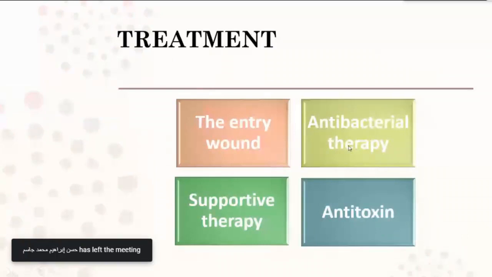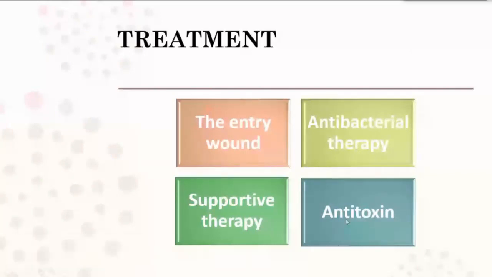Clear? Why do you give antitoxin? Because there may still be toxin unbound to the neurons. So you should give antitoxin to neutralize the unbound toxin in the blood. Because when the toxin reaches the nervous system, there will be little role to unbind this toxin because it is already bound. But if there is still toxin in the bloodstream or the neurons, if it is transmitted by the neurons, nothing can be done to treat this toxin.